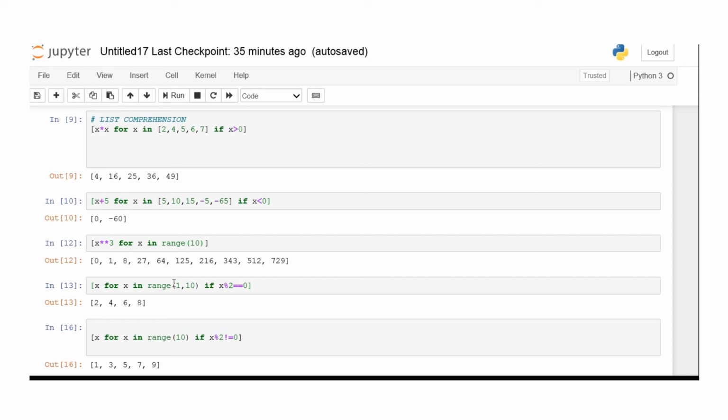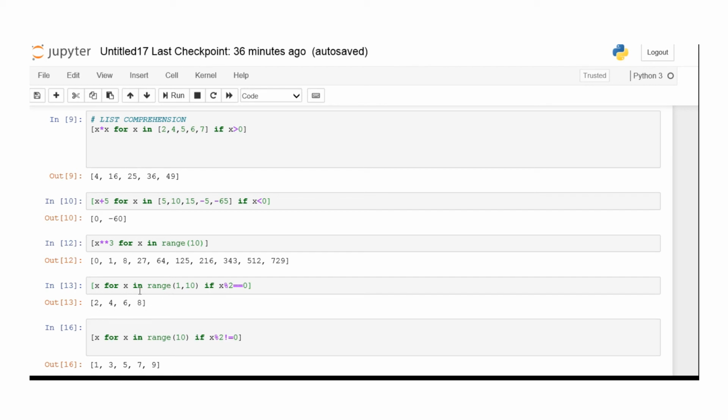Again I am trying the same, here also using the range operator. I am not trying to print all the numbers; the checking is there now, so it is printing all the even numbers. For each and every number, only if it is even will it get printed.